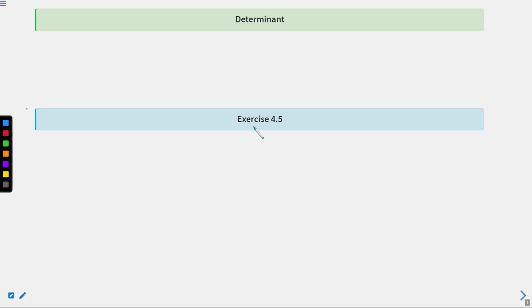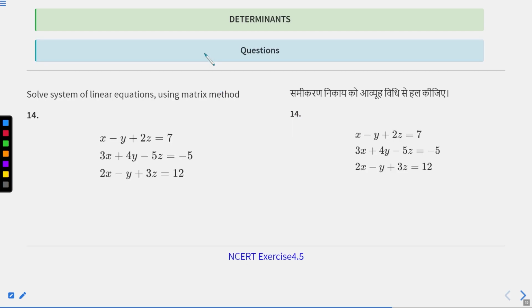So today we will be seeing the remaining problems of NCERT exercise 4.5. So far we have discussed problem number 1 to 13. Now we will be doing the remaining problems in this session. Problem number 14 says we have to solve this system of linear equations using